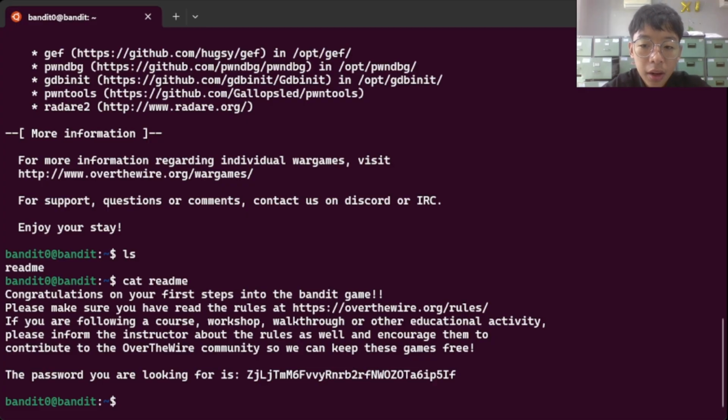You will see some random-looking text. That's the password for level 1. So, congratulations, you just cleared your first Bandit level. Now, before we move on, let's break down what just happened. Even though this challenge looks super basic, it's actually teaching you several important things. First, you learn how to use SSH, which is the foundation of managing servers and doing real cybersecurity work. Second, you use basic Linux commands like ls and cat. These two alone are probably the most used commands in Linux basics, because ls helps you explore and see what files are available, and cat lets you read or view what's inside those files.